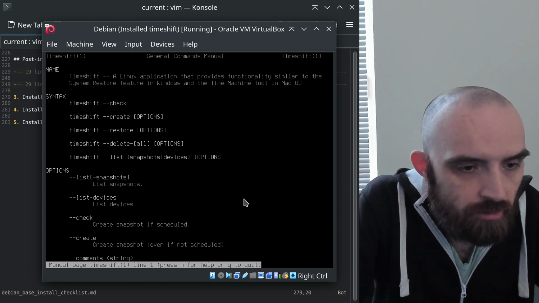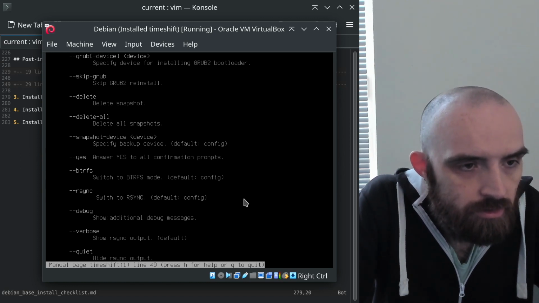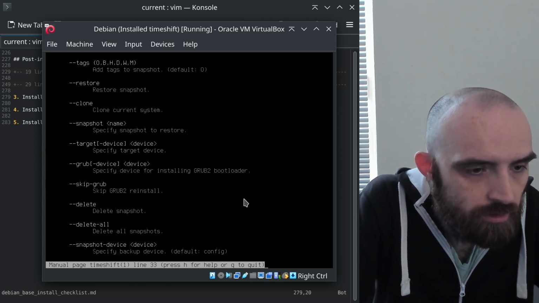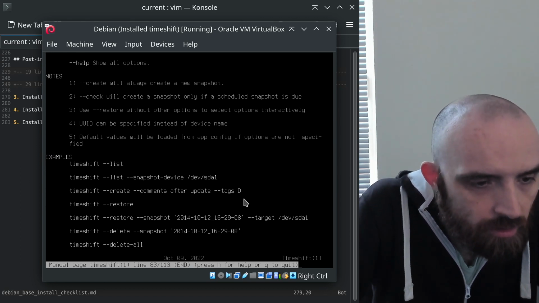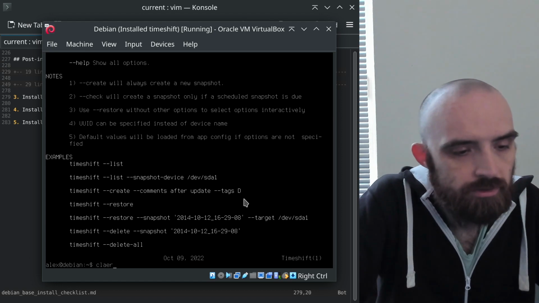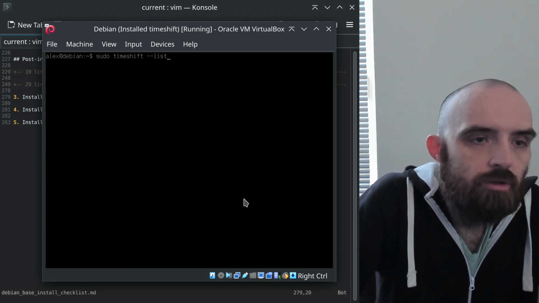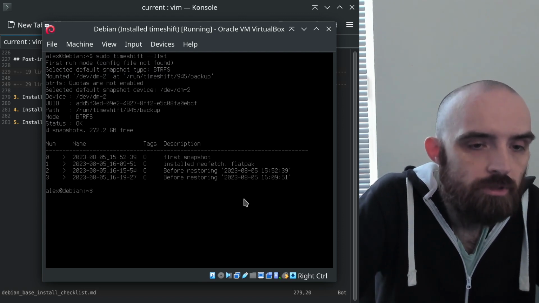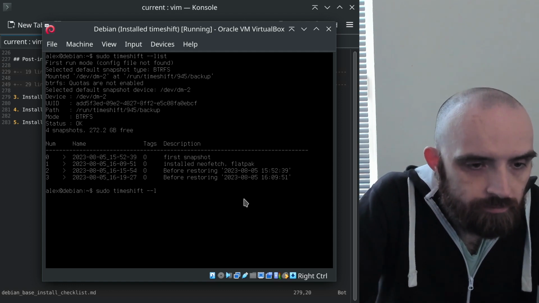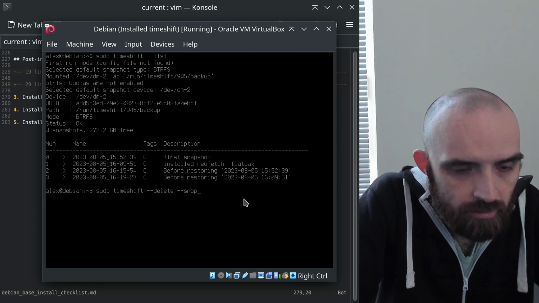Timeshift delete snapshot. Let's see what. Okay, you just use the same form as for the restore option. Clear time. So timeshift list. Delete dash snapshot